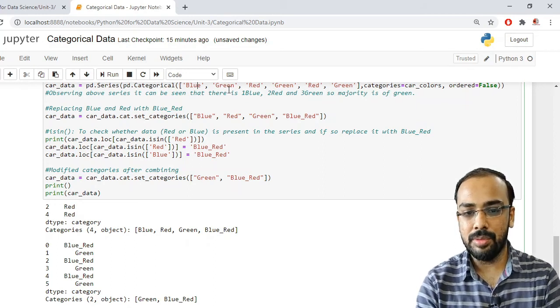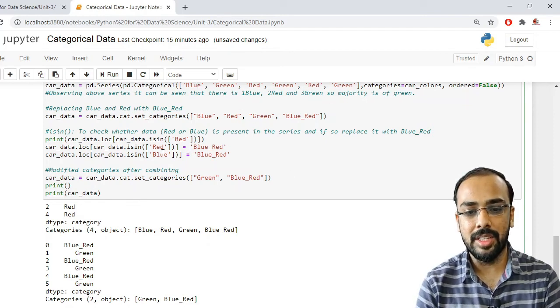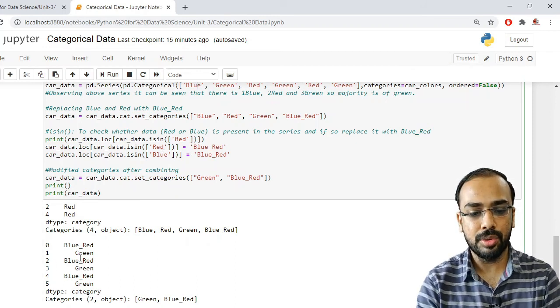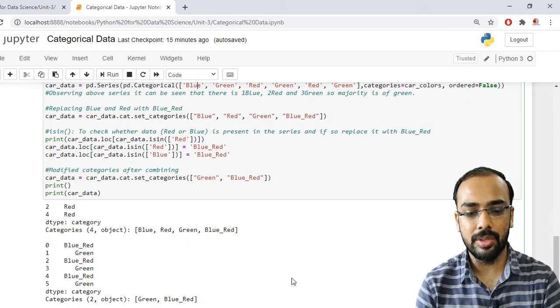Green is the maximum, so we retain it as it is. Again when it encounters red, we replace it with blue underscore red, and so on. It will check your entire list in this way and replace all the colors with the combined one. So it is showing you this particular output. Now your category which has been combined is storing only two values, that is green and blue underscore red.